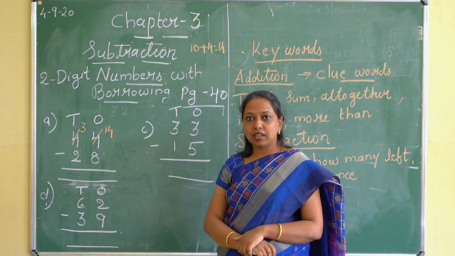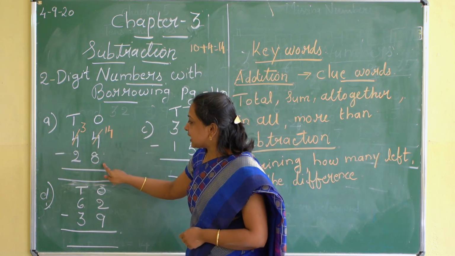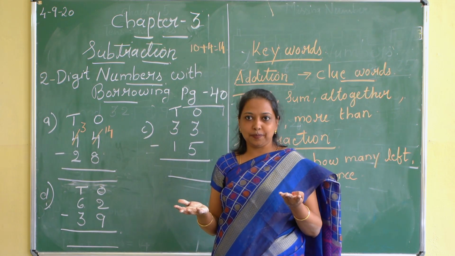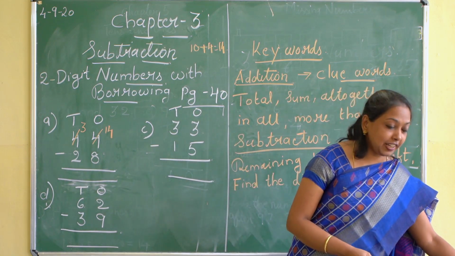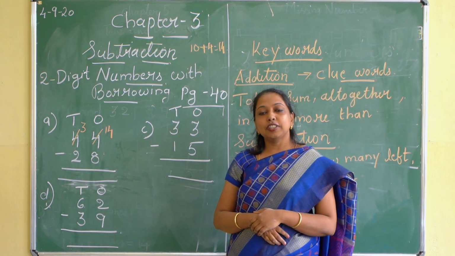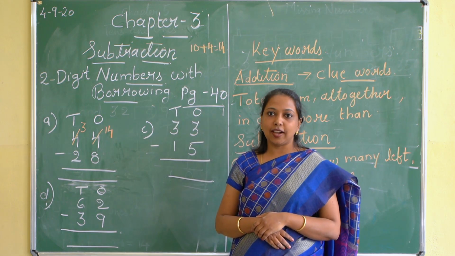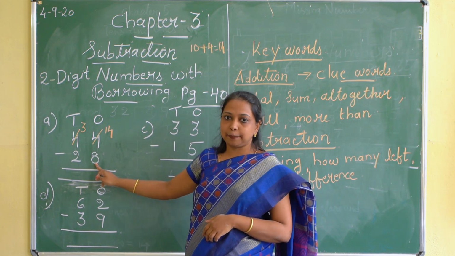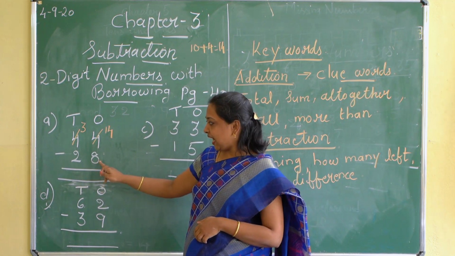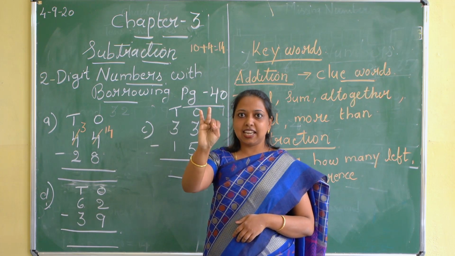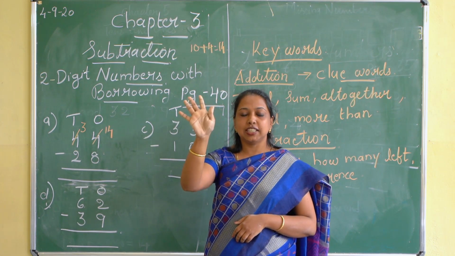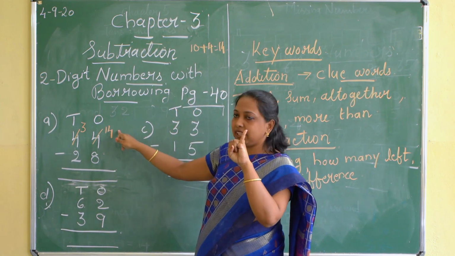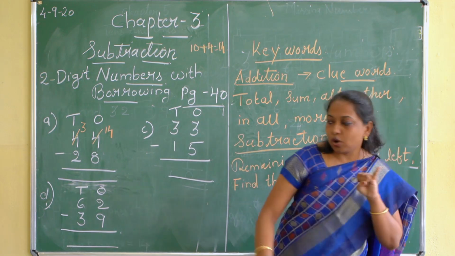Okay children. Now 14 minus 8. How will you take 14 fingers? Is it possible? No. So I will show the finger counting method. For the finger counting method, you take the second number and start counting from the next of this number. Means 8, 9, 10, 11, 12, 13, 14. What did you get? 6. Now you reach 14. Okay, so you got 6.